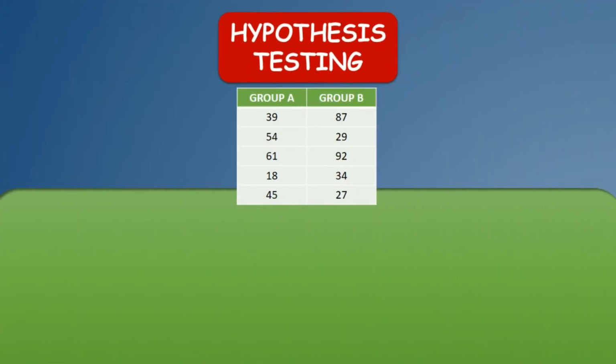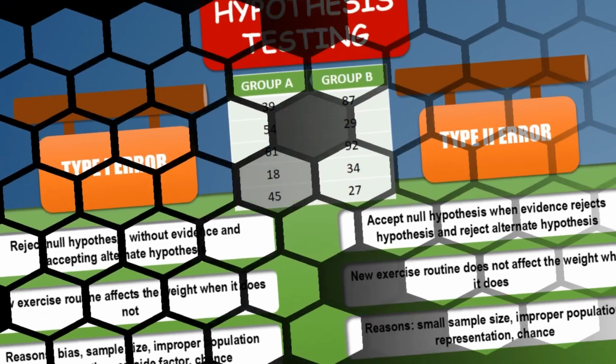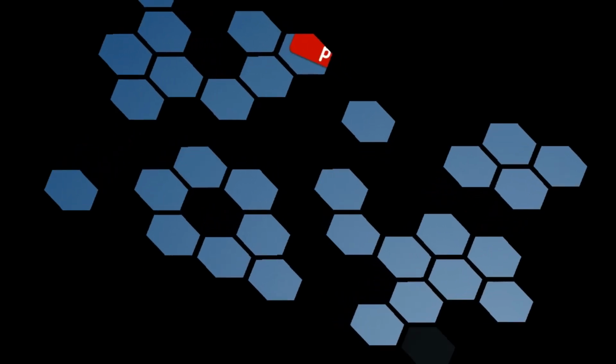Suppose I am analyzing two groups which have different data values. How can I say that the difference I am getting, however small or large, is enough to reject or accept the null hypothesis? And this can cause errors as I have described before. To avoid any errors or biases, we calculate p-value by appropriate statistical test and choose the right alpha level.